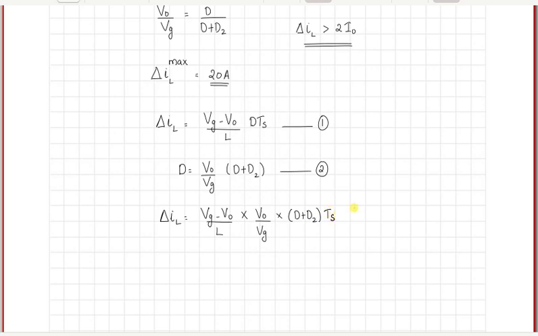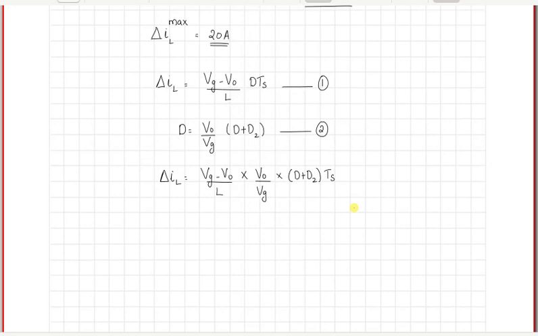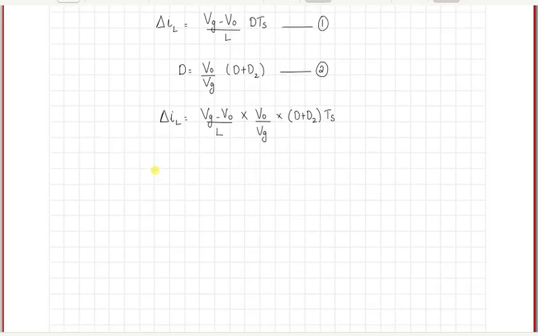So that is what we get as delta IL. We still have Vg as well as D in the equation, so we need to somehow look at how to eliminate D plus D2. For this, again we can look at the situation of the inductor current